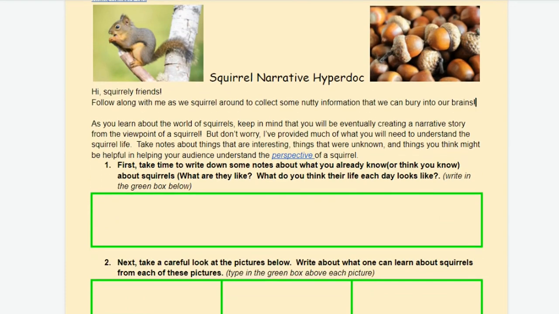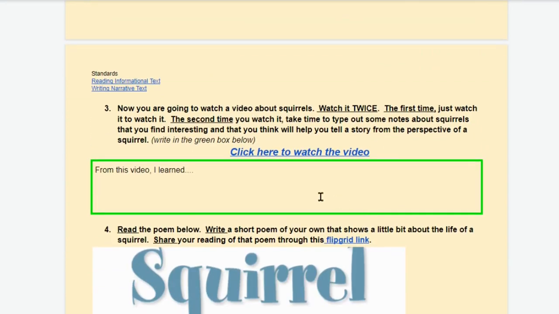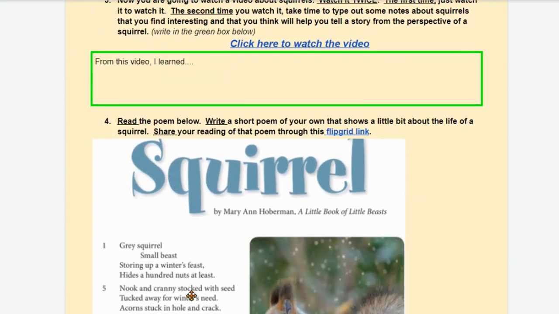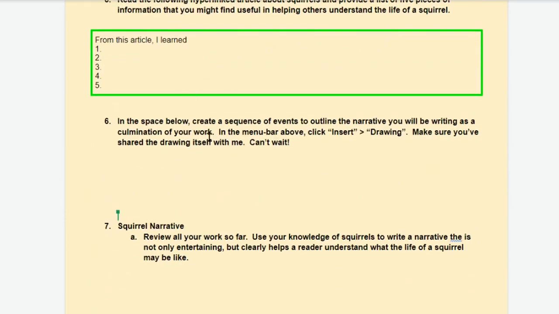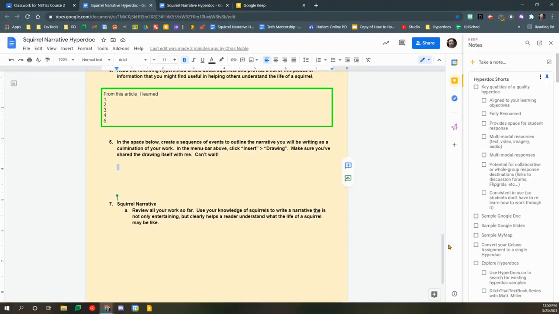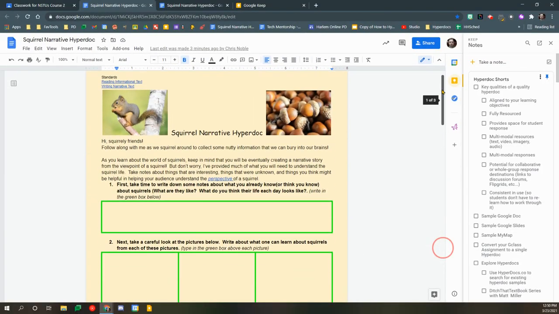Next, it is also multimodal in their responses, right? They are not just writing about things. They have the opportunity to create things that are not just writing. Multimedia, Flipgrid videos, diagrams like we would have down here in this one to draw out a sequence of events for a narrative. There should be more than one way for our students to be expressing the knowledge that